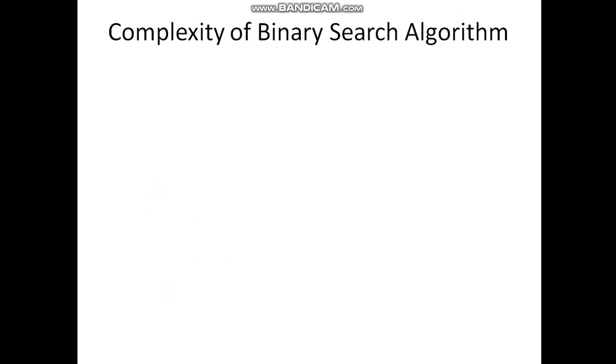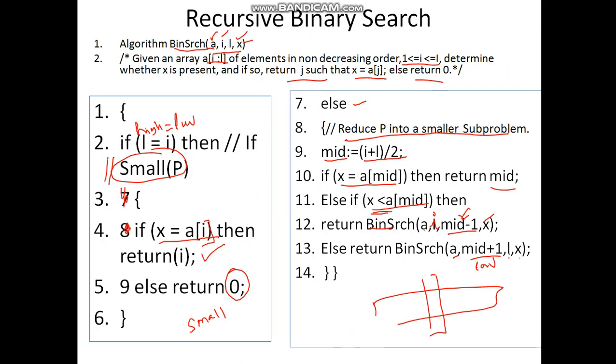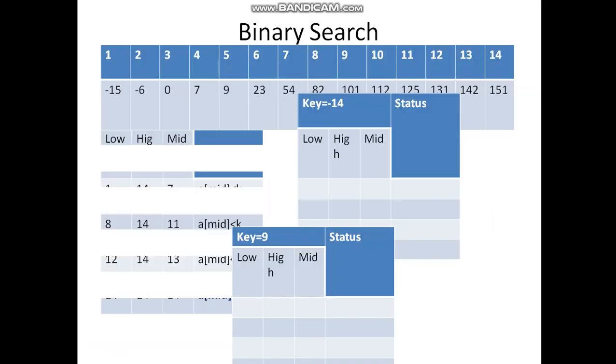Moving ahead, knowing the complexity of binary search, as I told previously, in order to analyze each instruction, we will use this recursive binary search. Dividing the problem requires 1 unit of time, and calculating the middle value requires 1 unit of time. But when you are dividing the problem, you are dividing it into half. So the total amount required here is T of n by 2. If n is the given problem, the time required to solve the problem is T of n by 2, to solve the half problem, plus 2. So this is the time required to solve a problem of size n in case of binary search.